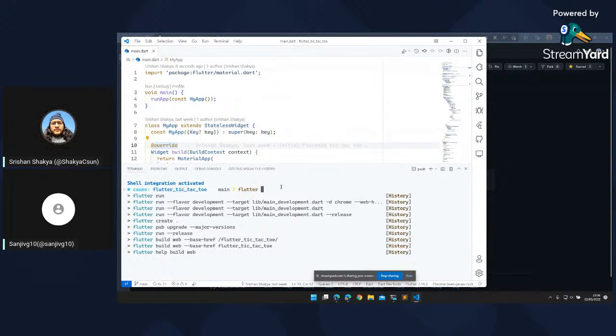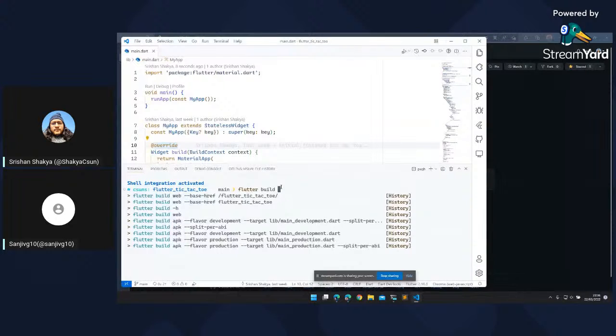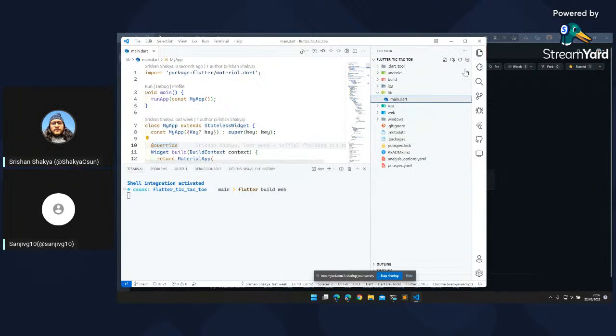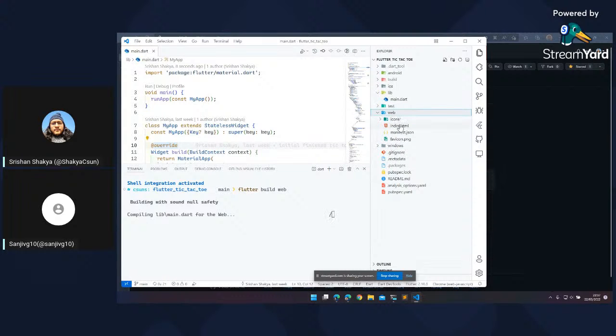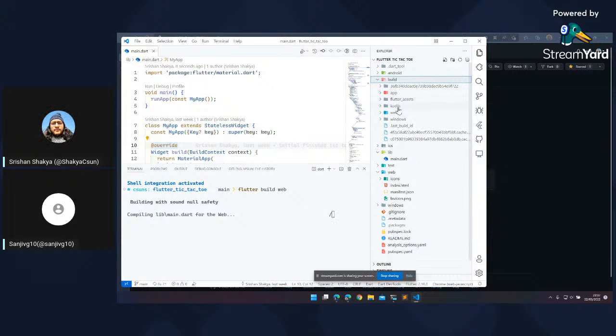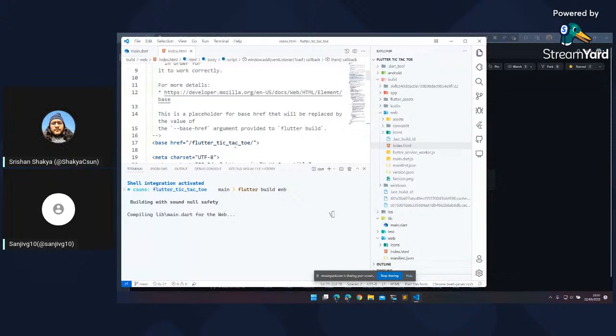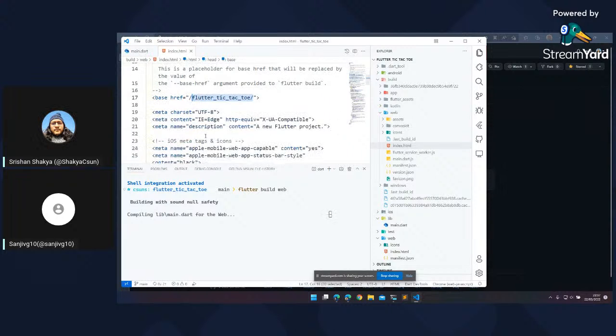So in order to deploy our web app, we need to first build the web app. So if we just build the web, then it will build so that we have to deploy the web app at the root of the folder. I have already built this before, and the href is pointing to Flutter Tic Tac Toe, and this is because our page's root will live